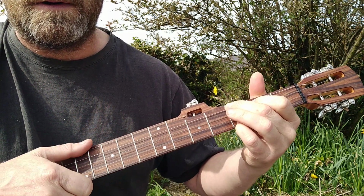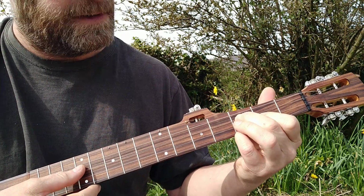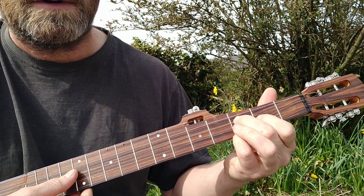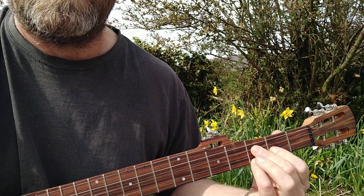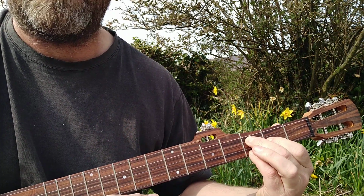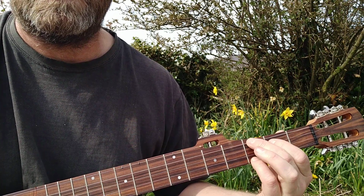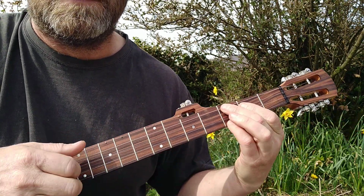So, and then this chord. So that's the 3rd string 3rd fret, 2nd string 2nd fret, 1st string 3rd fret. Nice and easy to move to from the root. So